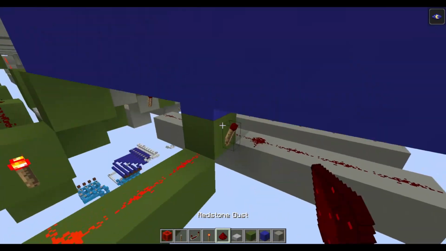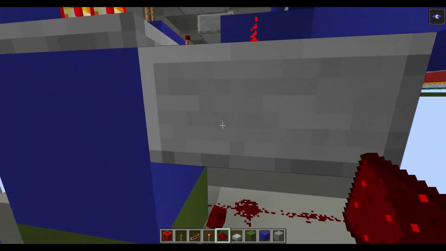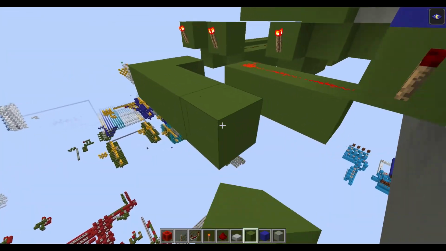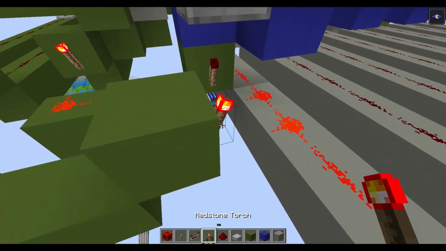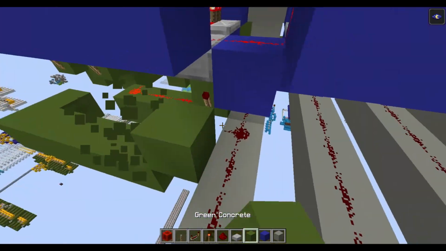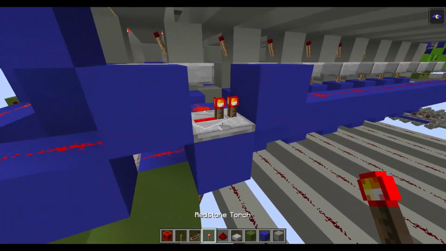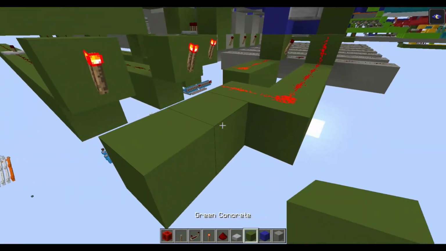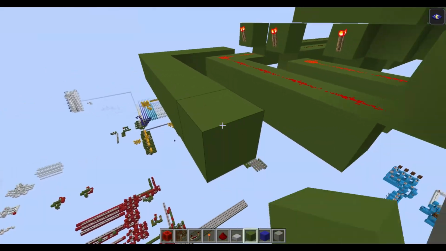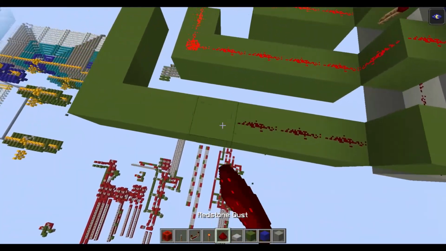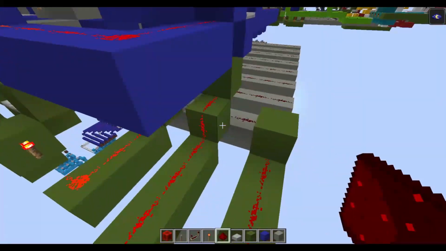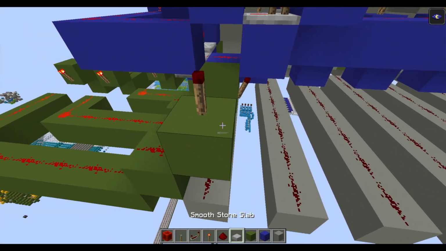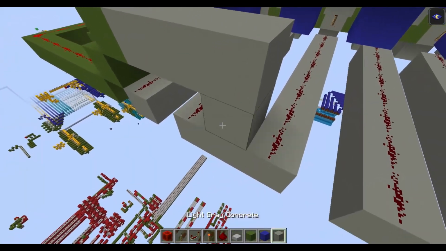So here you need a slab here, then here no, here it's a repeater, so it's okay, and you can wire up all these things. And the last one, so here you can do it a different way, but I like this one.